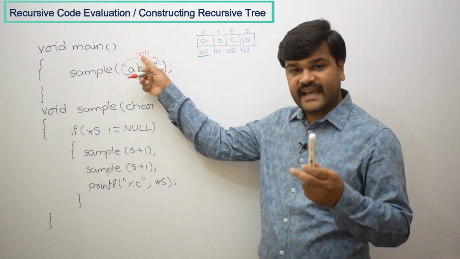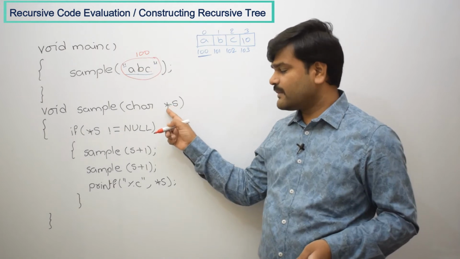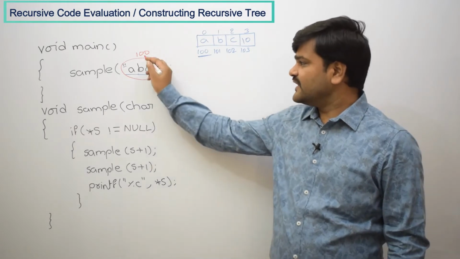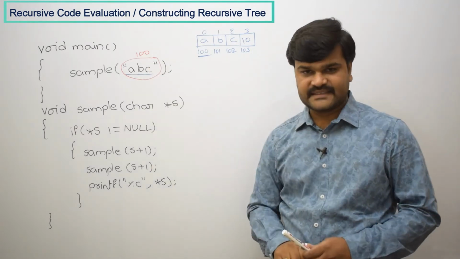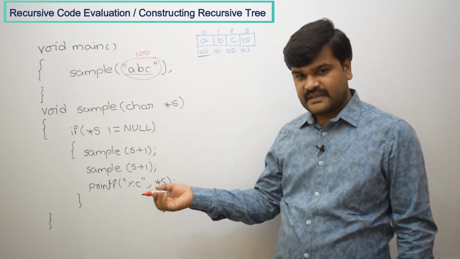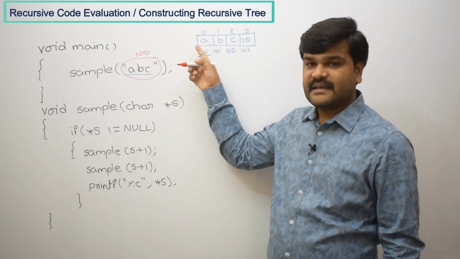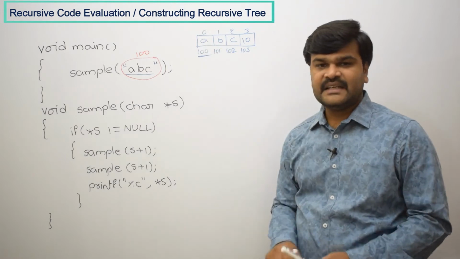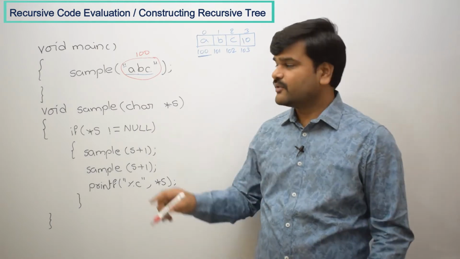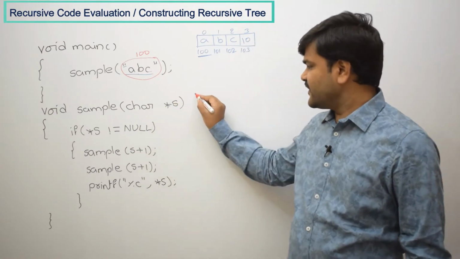So when you want to catch or store a memory address, your variable must be a pointer variable. That is why here S is a pointer variable. So 100 you can store in this variable S. And what is its data type? Char. Why is it char? Because the data type at location 100 is character, because here we are storing characters only. So the variable's data type must be the same if you want to store this address.